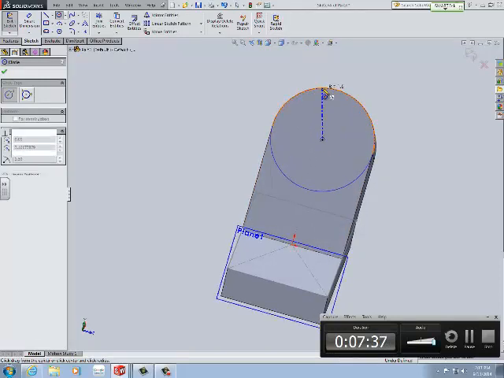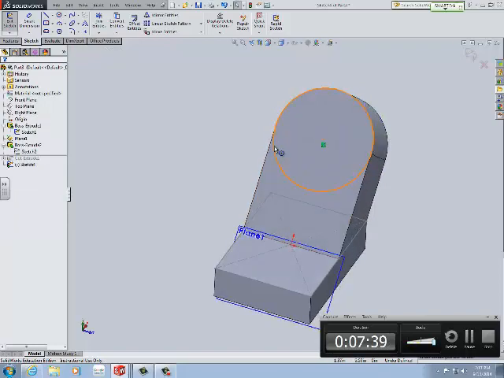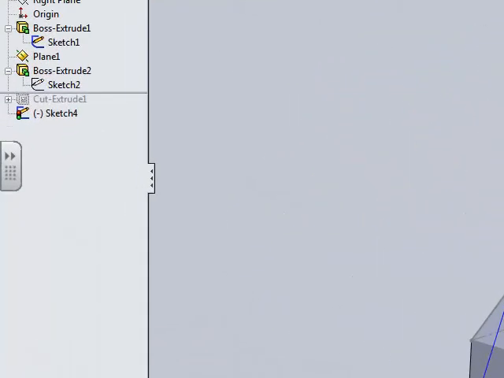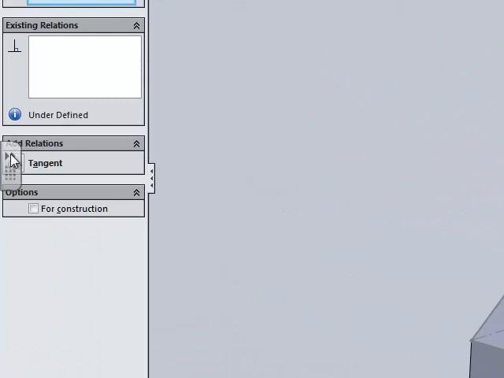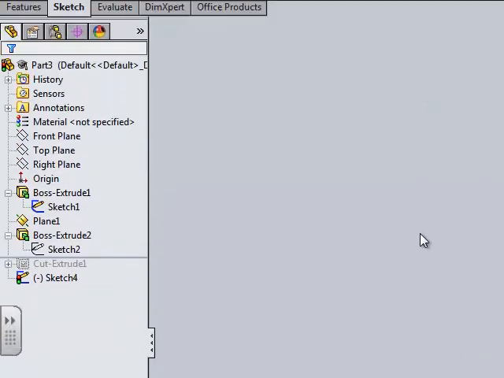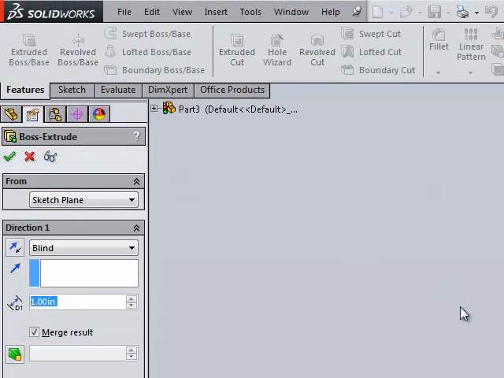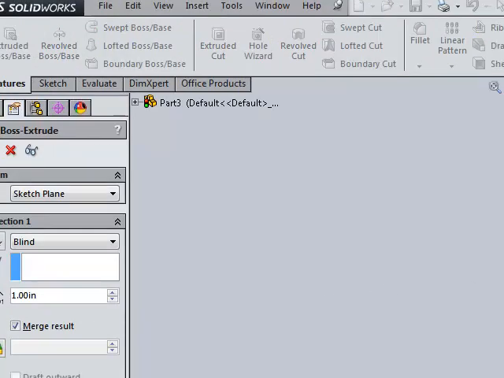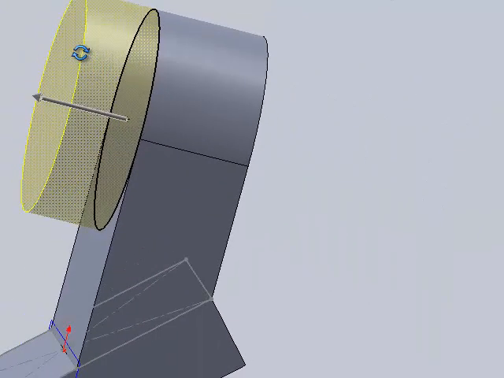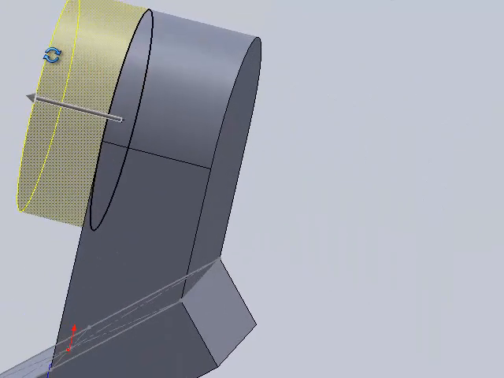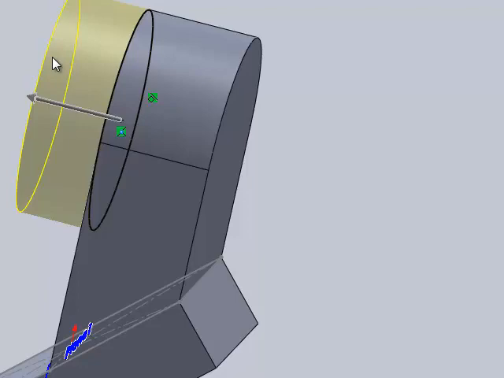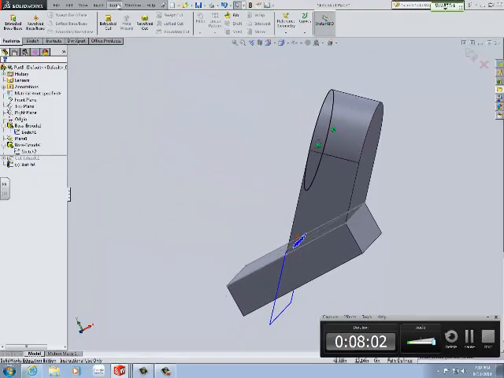So we have this difficult part completed. Our next step will be to draw a rectangle up here and to extrude cut, actually making that slot tangent. That way, it's fully defined. So we go to sketch, on top of that surface. We go to normal to a total of 3. We can create a center rectangle, which we want because we have the origin as a reference, and we can use this edge as an